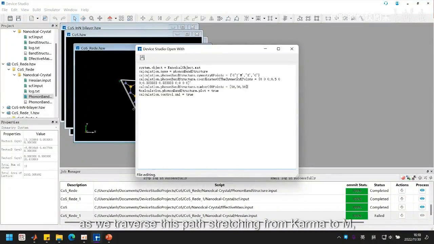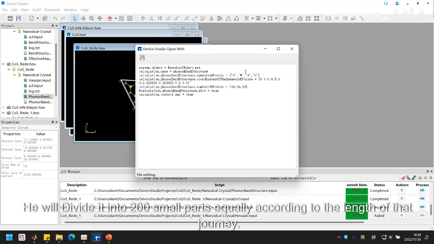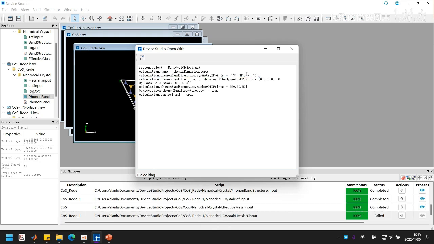In essence, along the path from Gamma to M we sprinkle 50 points, and then we sprinkle another 50 points on the road from M to K, and then on the road from K to Gamma, another 50 points. The difference from the previous 200 is that the previous 200 is divided into 200 small parts equally according to the length of that path. Then this 50-50-50 means just